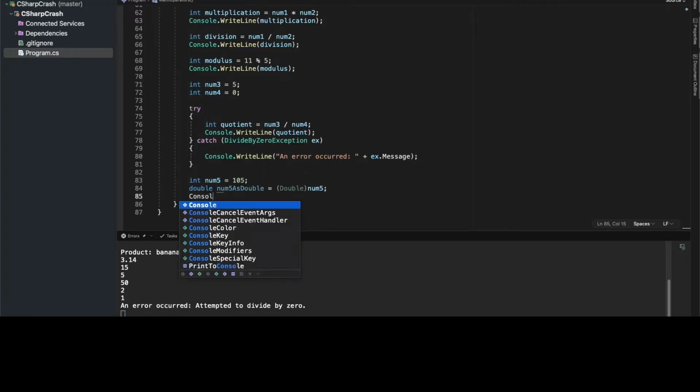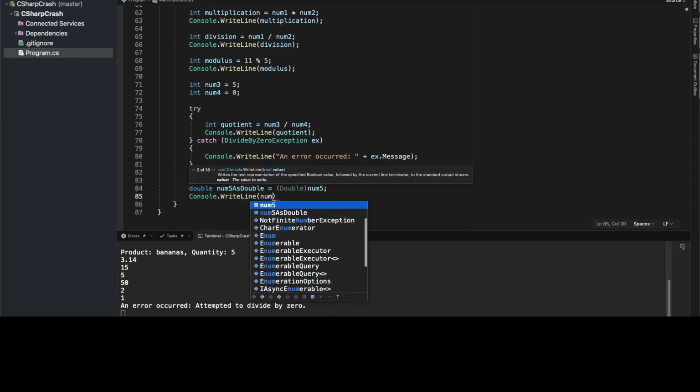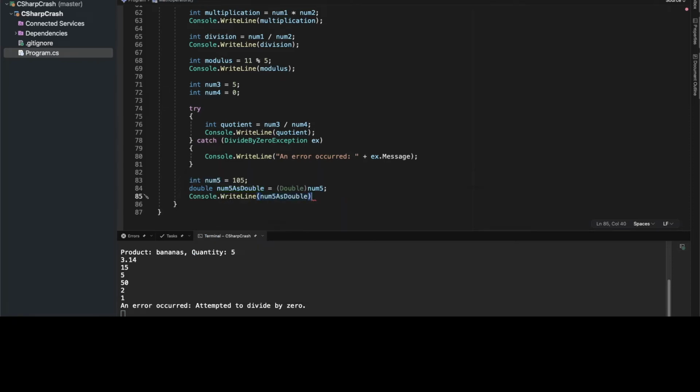And now let's try to output this and see if it works. So console.WriteLine num5 as double. And save that. And if I run this, you'll see that it says 105. Now you don't see any decimal places because there were no decimal points at all. But generally it is a double, and you can take my word for it that it is now cast to